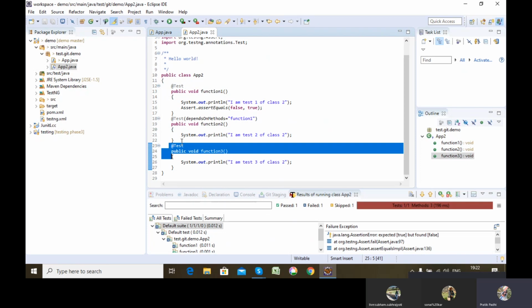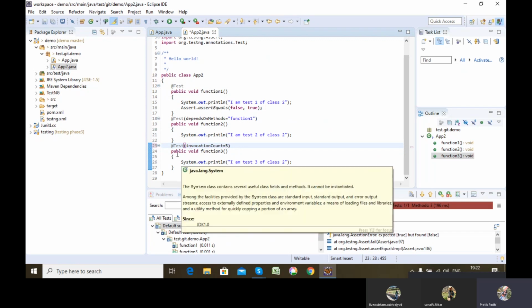No, I have one TestNG argument which I can use to do my job. That is invocationCount equal to 5. Let's say I'm giving it 5. So this particular test case will run 5 times for me.